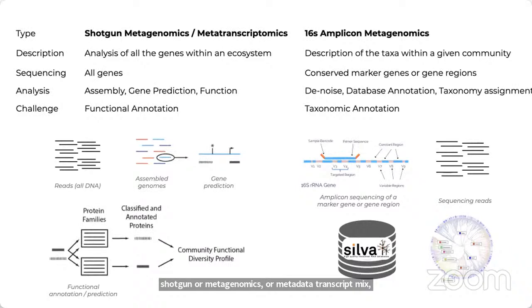sequencing can be summarized as this. As we already spoke about, metagenomics or metatranscriptomic sequencing can give you gene prediction information, functional annotation of the genes that are predicted, and assembly of genomes for microbes that are unknown or not characterized. So this information can be achieved using the metagenomics or metatranscriptomics sequencing method, while the amplicon sequencing method or 16S rRNA